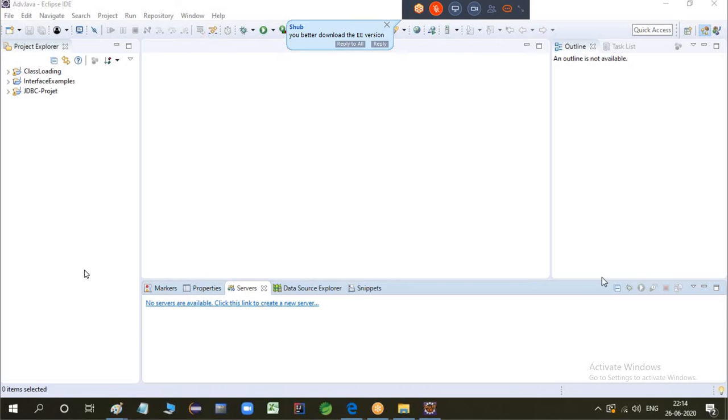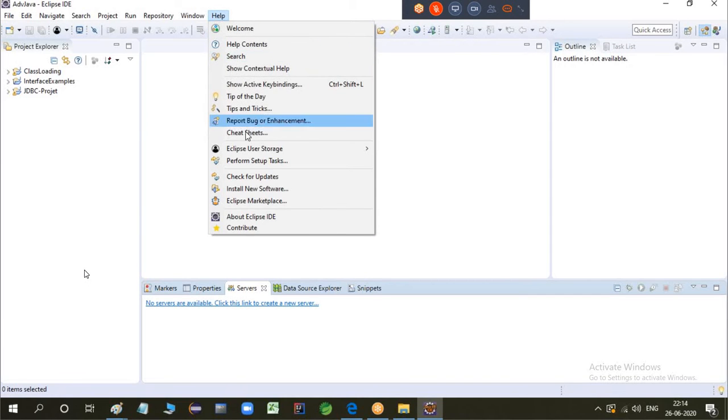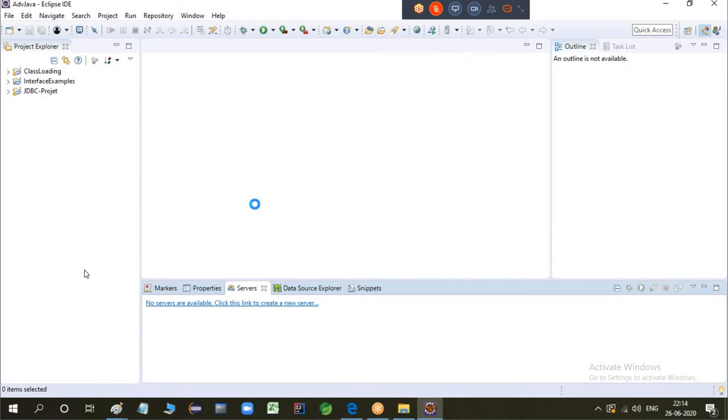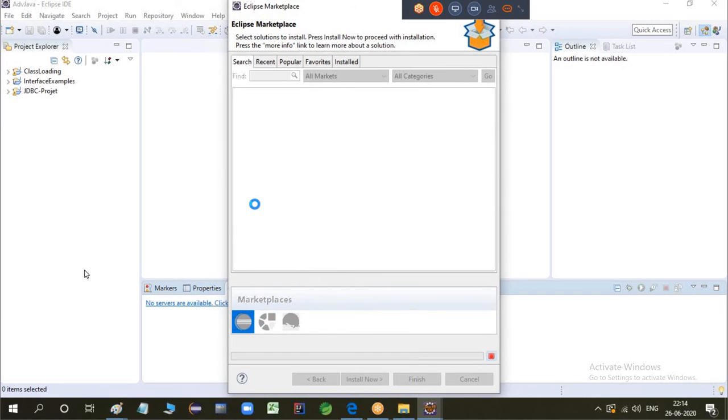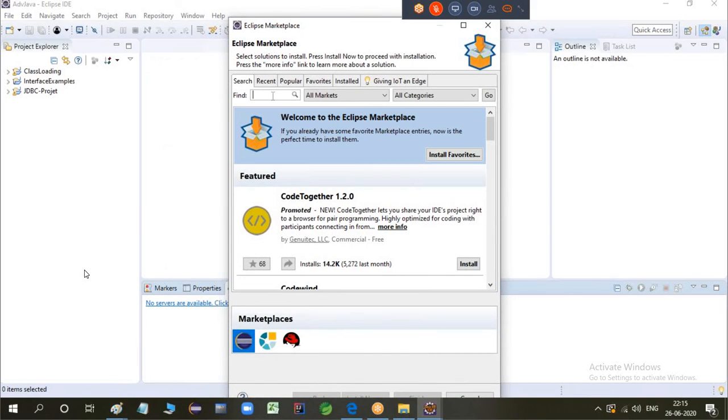The perspective is empty? Yeah, that's correct. You must download the JEE version of Eclipse, or somewhere you can add it from the marketplace if it is not there, for the JEE perspective also. But it's a long process. By default, every Eclipse will have the Java perspective. You have to download the JEE version. While installing, you will have one Java version and one JEE version. You have to install the JEE version. If it is not there and you still don't find it in the marketplace, there are so many plugins and perspectives you will find.